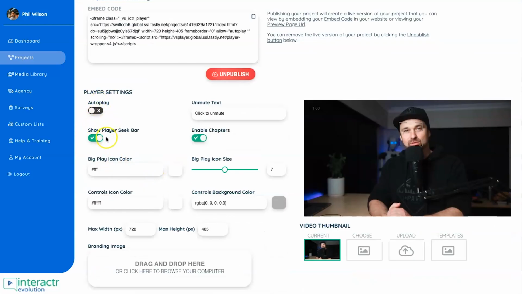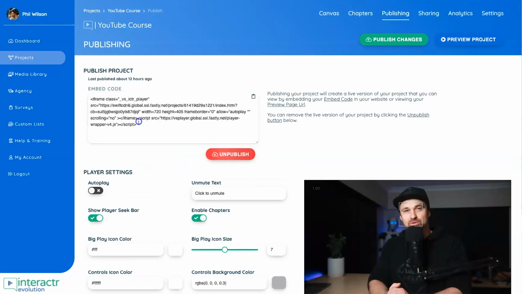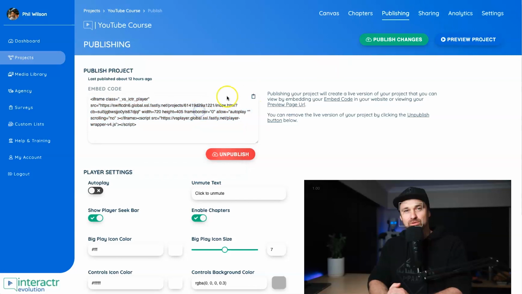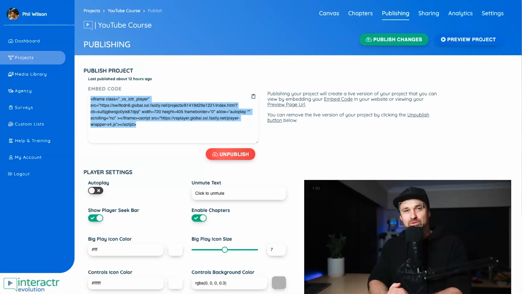There's also things like autoplay. We've also got different colors for the play buttons, everything like that. What I'm actually going to do is copy this entire embed code. You can also just click it and it's going to copy it as well. So I'm going to copy that, and what I'm going to do is open up a website and show you